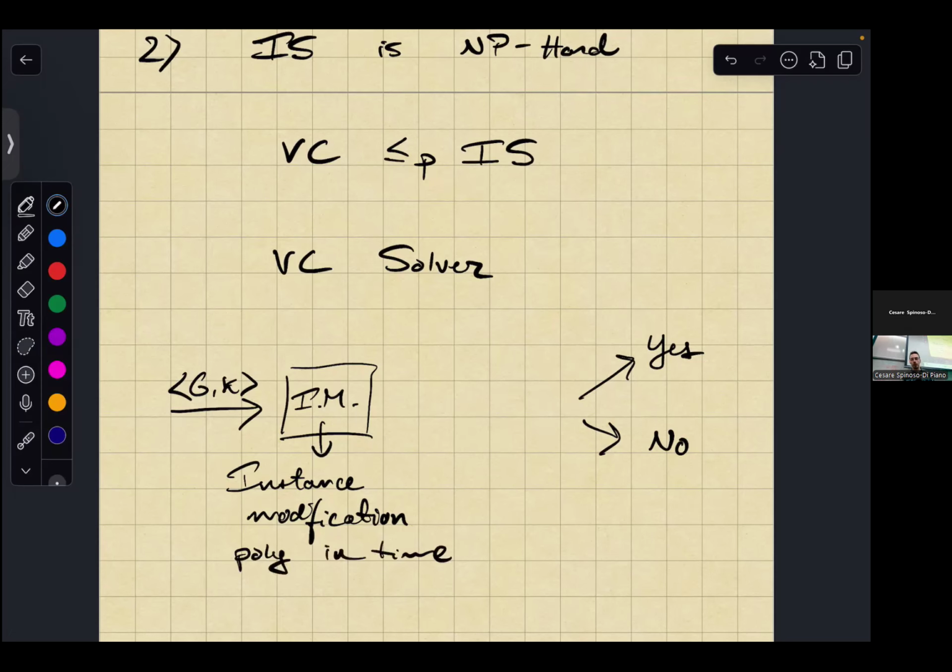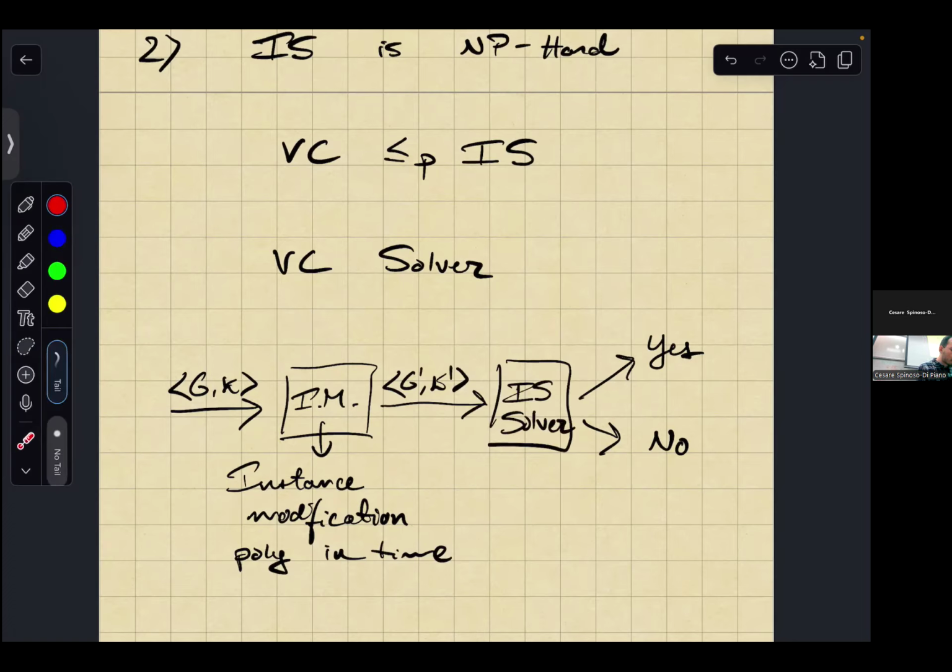So it should convert G and K to an instance of the independent set problem, right? So it should convert G, K to G prime, K prime. And it should do this such that if I give it to an independent set solver, then the answer to the independent set problem instance should be yes if and only if it was yes for the vertex cover problem,